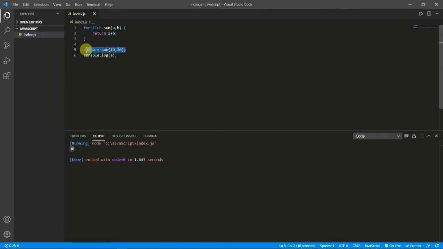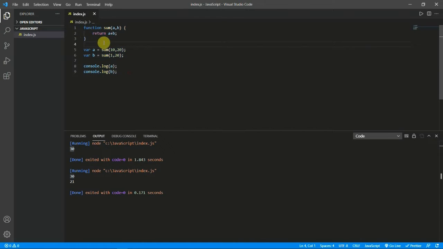If I create another variable and call it again, it will work the same. I'll create another one, calling it b, and then I'll again console log b. Now we have two outputs. Now let me change the values to 1 and 21. Now let's see if it is working. Yeah, we are getting the answers. So this is the basic function syntax, and then we are calling it, and then we are printing the return value. So this is one type where we can create and call a function.